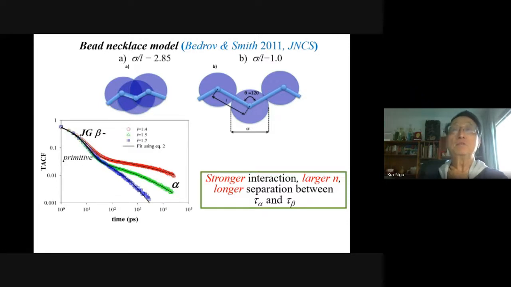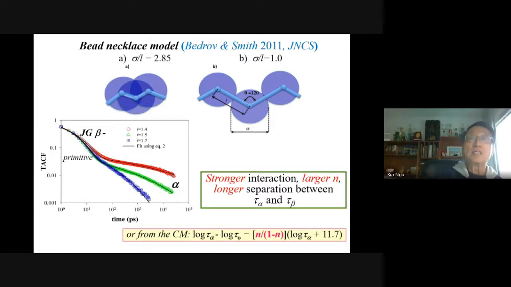When you go to very far apart, like LE 1.7, which is on the right, then you see that they are much less, the N value is much smaller. So this is saying that there's a good illustration: strong interaction, larger N, and longer separation between alpha and beta. But now the reason I do that is that